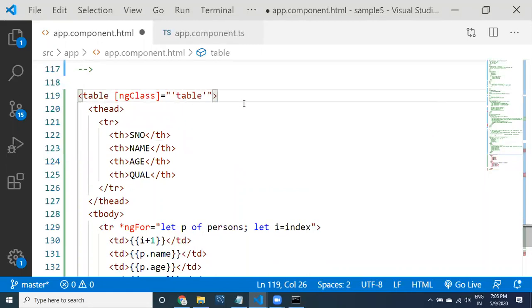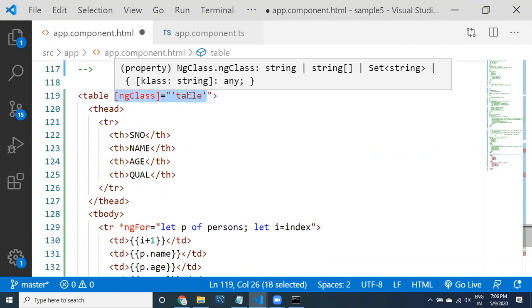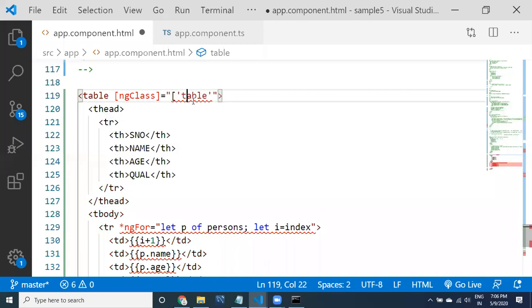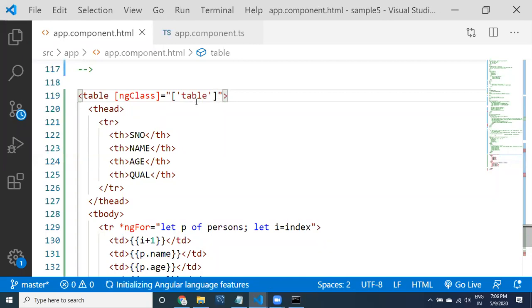Okay, you can apply like this. You can also apply like this. Of course, if you are providing it statically, you don't need to provide ng class and all. Statically providing means directly you can provide class equal to table. If there is some dynamic nature, then only apply ng class and all. Just for the sake of it, I want to recall the concept. You can even apply the bracket syntax also. However you want, you can apply it.